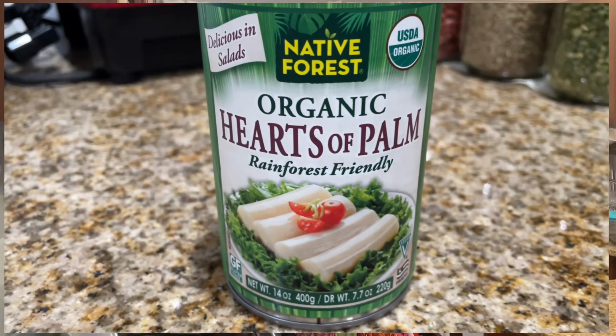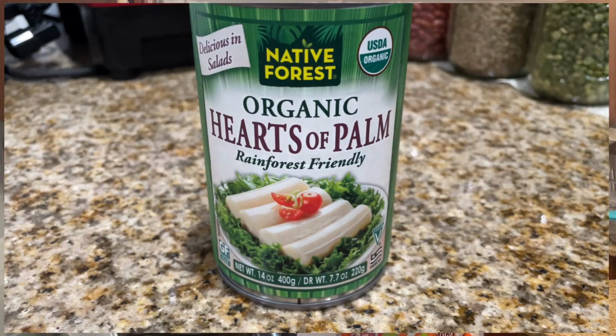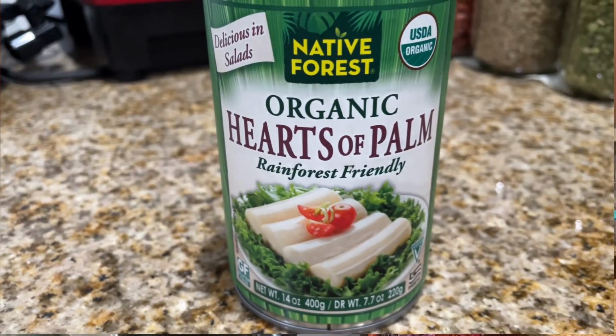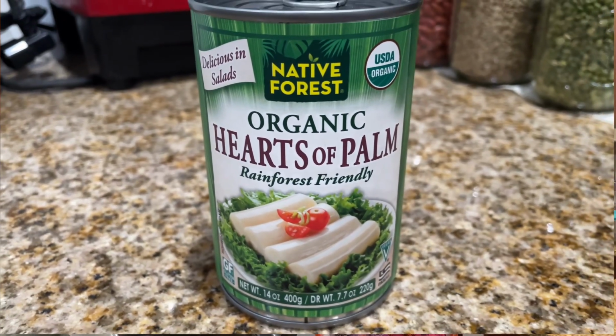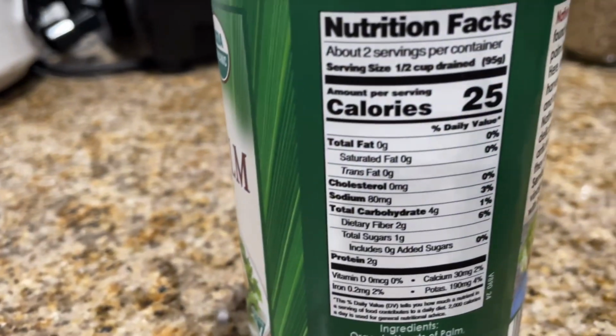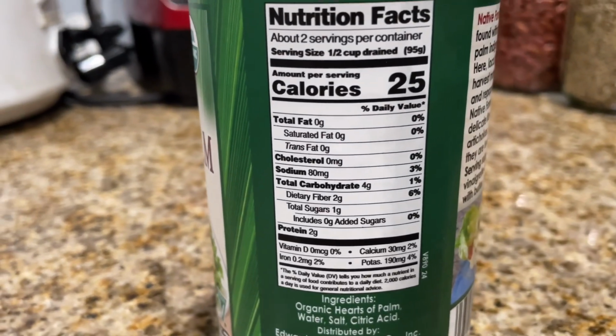So hearts of palm is the inner core of certain palm trees and have a mild flavor with a tender, flaky texture. They're low in calories, rich in fiber, and naturally cholesterol free, making them a fantastic whole food alternative for creating vegan or plant-based crab cakes or anything in the line of seafood, because in the Bahamas we